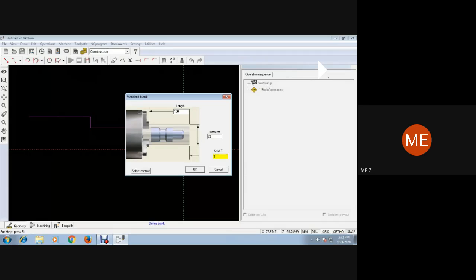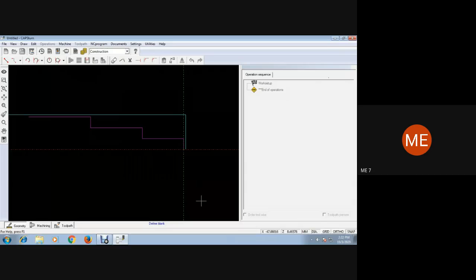Right, so be careful over here, we are entering only half of it. If you give 60, then it will go very much above. So now here you can see after machining it should be exactly at 0, 0, this particular line, but before that the raw material should be 1 mm extra onto the z axis, right? That is, this particular portion is for the facing operation.